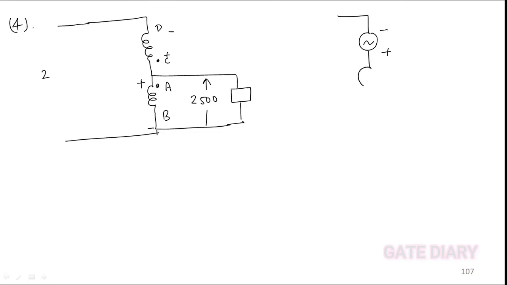The voltage here is also subtractive, because you are connecting your winding in this fashion, minus, plus, and again a voltage source, this is plus, minus. So the voltage will be subtractive. You will get here 2250. Current through this CD winding, you know how much current will flow? 100 amps. If 100 amps is leaving the dot, it must enter into the dot.